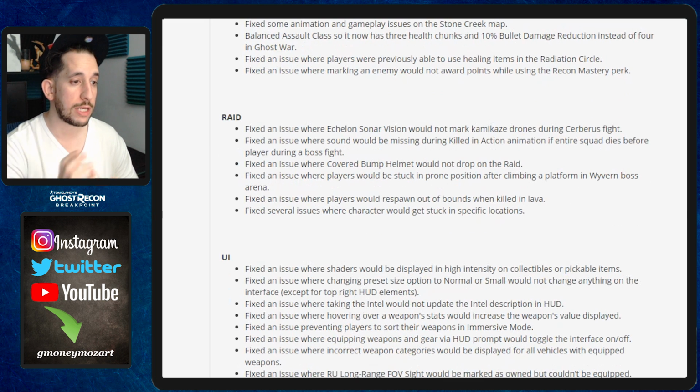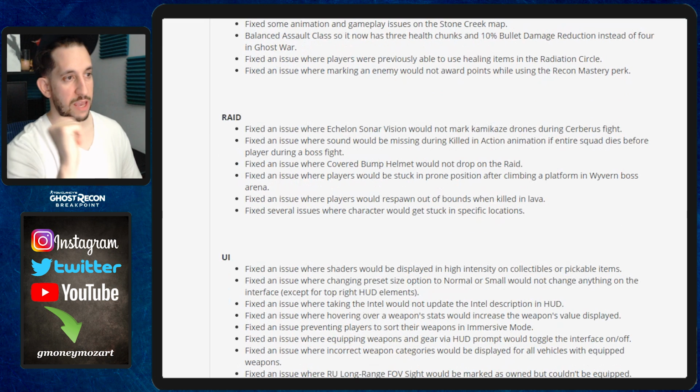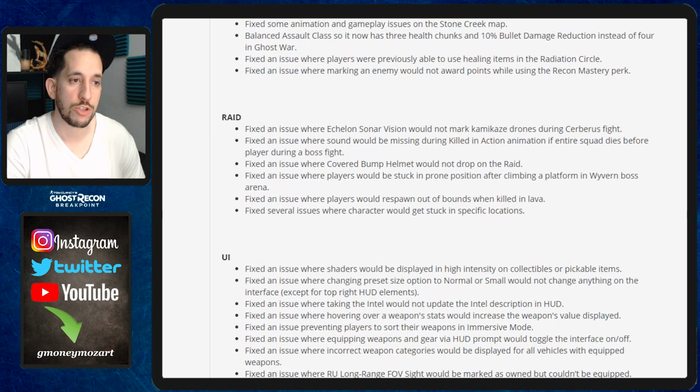Fix an issue where marking an enemy would not award points while using the Recon Mastery perk. So for you raiders out there, people still raiding. Fixed an issue where Echelon sonar vision would not mark kamikaze drones during Cerberus fight. Fixed an issue where sound would be missing during killed in action animation if the entire squad dies before player